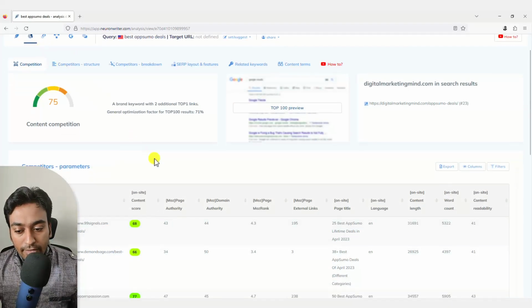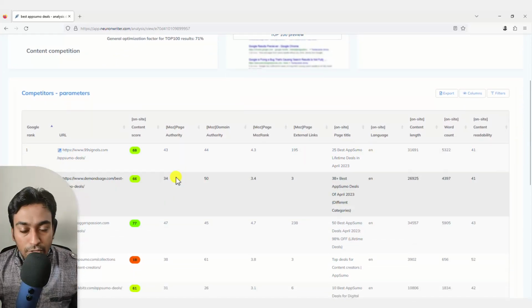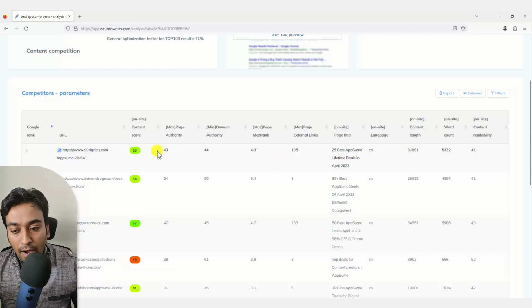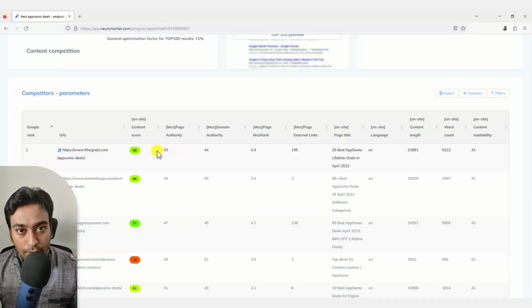When you have that, it shows me a lot more information from Moz, which is good off-page SEO data to get a better idea of the authority of the domain. It shows the URL, the ranking position, their particular content score, the Moz authority for that particular page, domain authority, Moz page rank, and external links. The main thing which I would focus on is page authority. The higher the page authority is, it means that Google places a lot of value on that particular page.